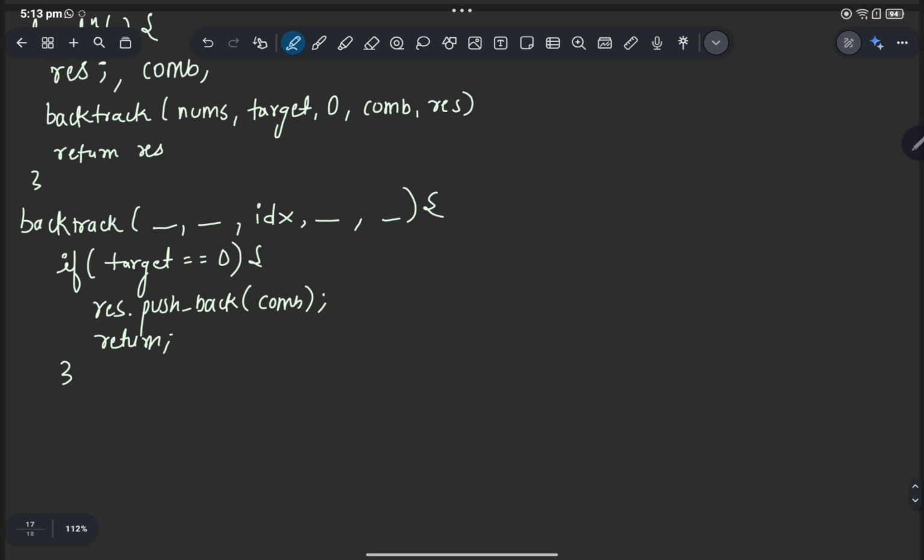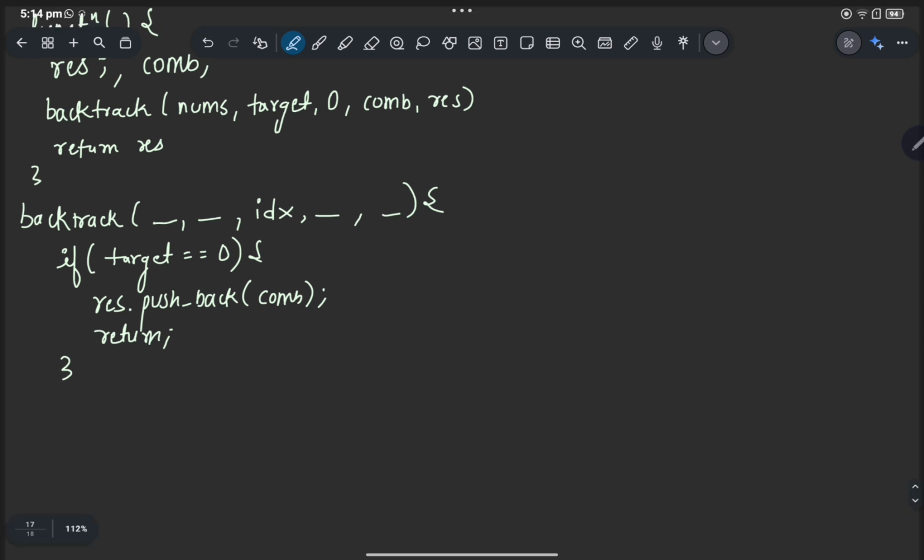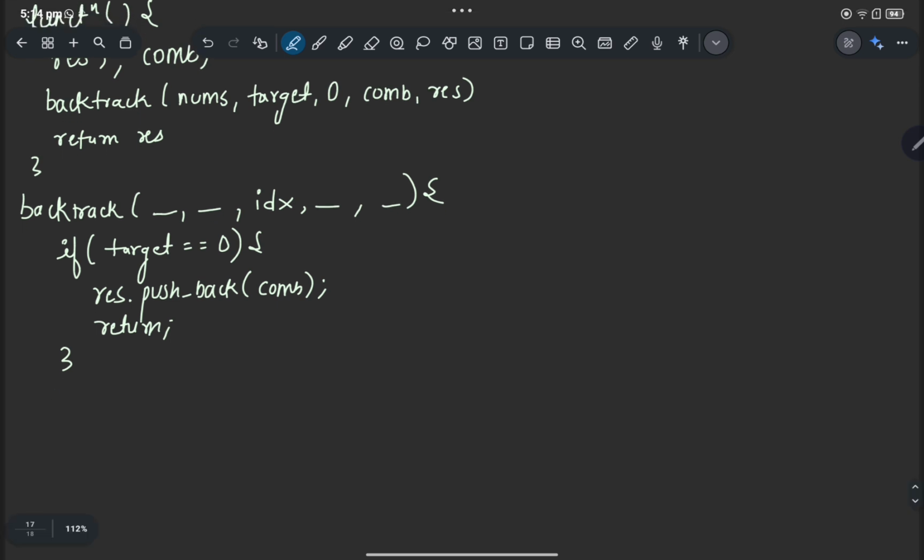Then what will be our next condition? Our next condition will be nothing. We will definitely go to our for loop, meaning we can try the other combinations because we have not reached the target. That will be for i equals index, until i is smaller than our nums size. We will keep on adding, we will keep on traversing. Okay, then we will check